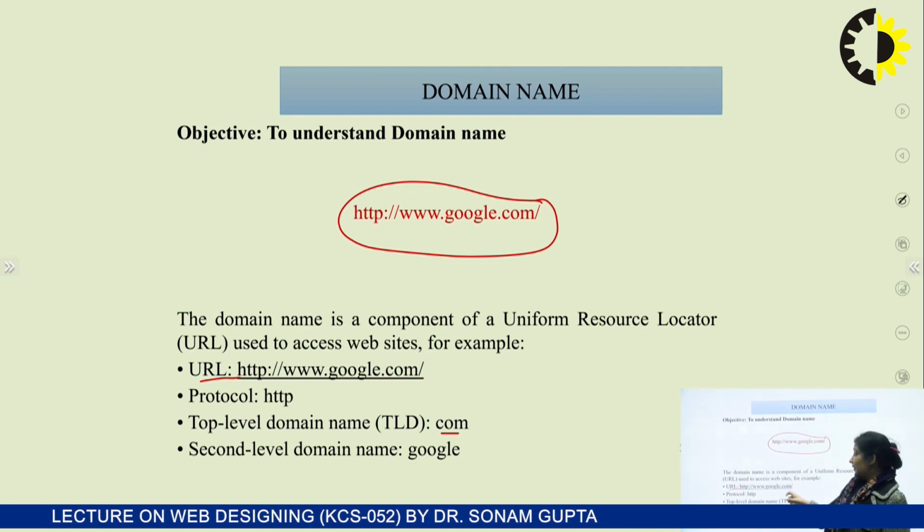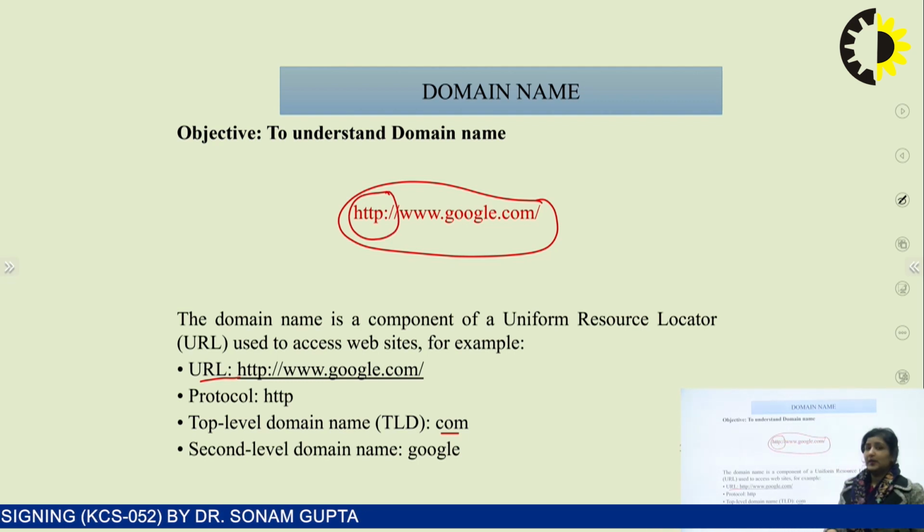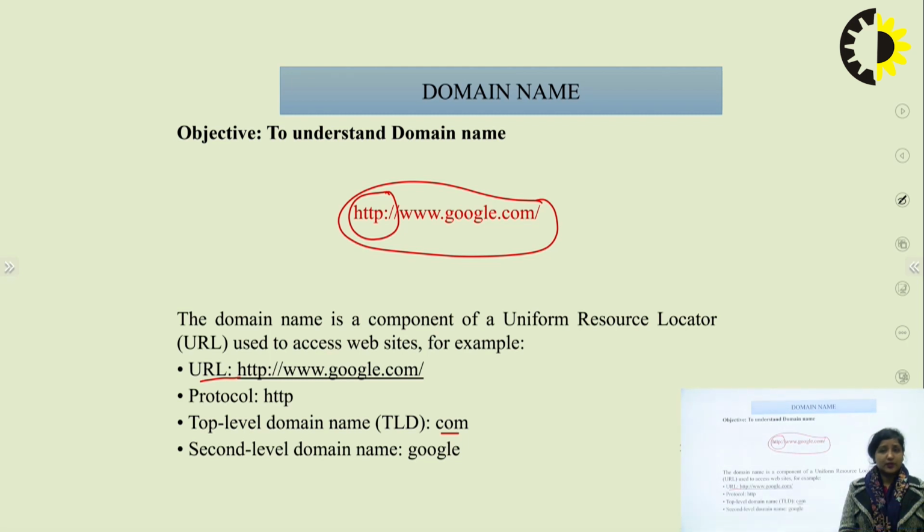Okay. Now coming to these terms one by one, this HTTP. This HTTP is the protocol. It shows what type of services or what type of protocols we are using. We can have multiple protocols, like if I am transferring any file, then I have to use the protocol FTP. If I'm sending a mail, then I will use the protocol SMTP, the Simple Mail Transfer Protocol. So depending on the service which we are using, the name of the protocol will change.